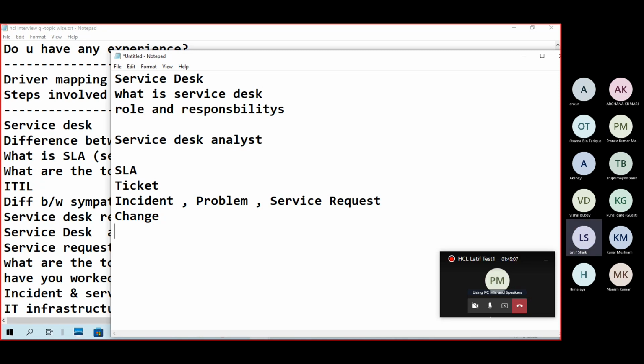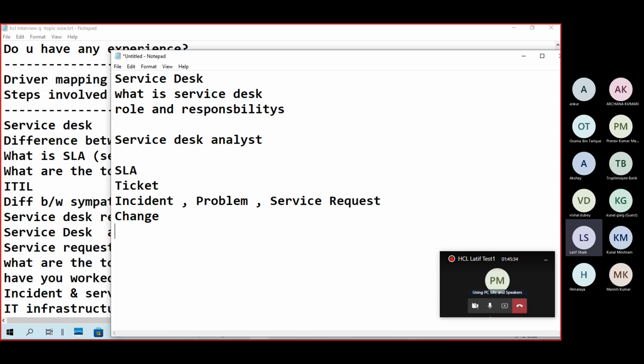So either multiple incidents occur or incidents repeat, and the unknown root cause of multiple incidents is called a problem. Initially everything is an incident, later it becomes a problem.